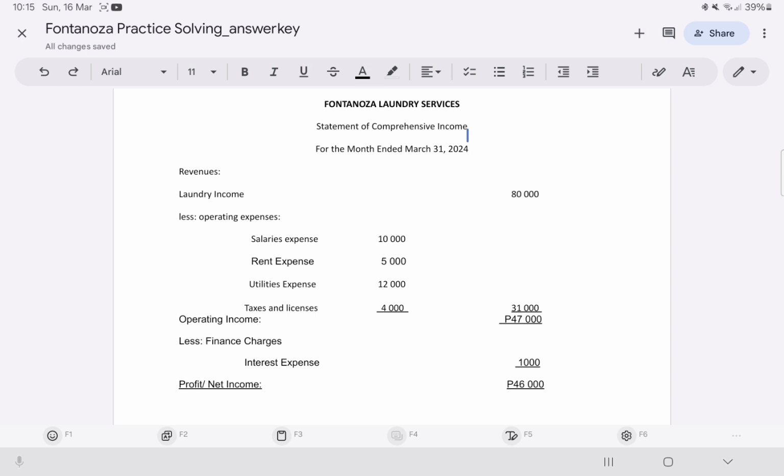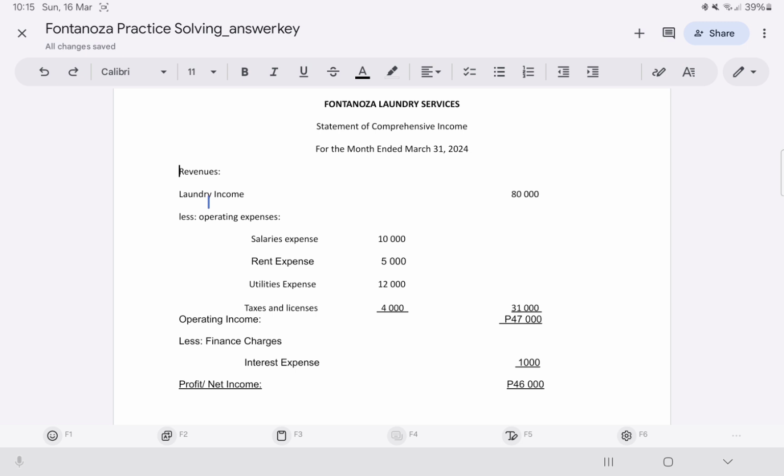is suffering losses. Okay, so for you to determine the income, you need to indicate the heading first: the name of the business, Fontanoza Laundry Services, statement of comprehensive income, so do not forget this one. You need to follow the heading for the month ended March 31, 2024, since until 31 is our transaction. So our task now is to compute the revenue, the income, so